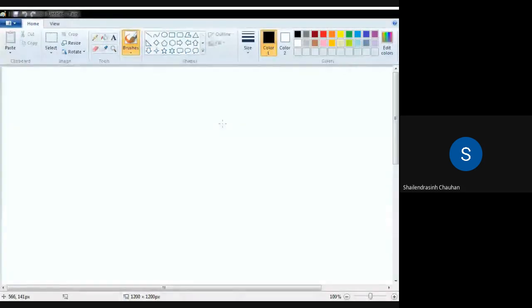So now we are understanding the data mart. What is data mart? We all know what is data warehouse.